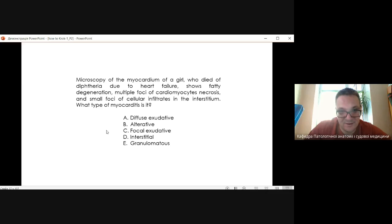Alterative myocarditis, that's the misnomer. That's the complete misnomer. You can search on Google, or on PubMed or some other reliable medical sources, and you won't find this type of terminology in Western medical terminology. So alterative inflammation, alterative myocarditis, that's the term that appeared in the Soviet school of pathology,